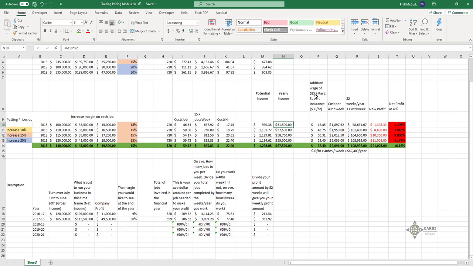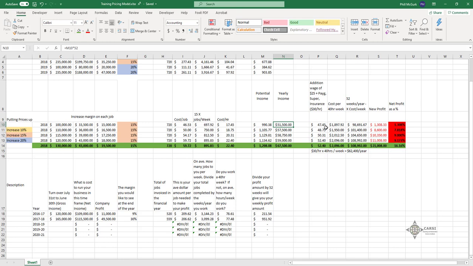Well, then I have additional costs on top of that, which is their PAYG, their super contribution, insurances, etc. Okay, so let's just say for round numbers' sake, it now costs me $30 per hour to have that staff member. So what I need to do is add that $30 an hour to the cost per hour that they cost the business already. So that's $17.45 plus the $30 an hour equals